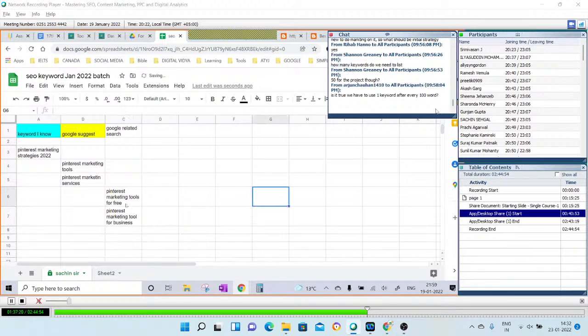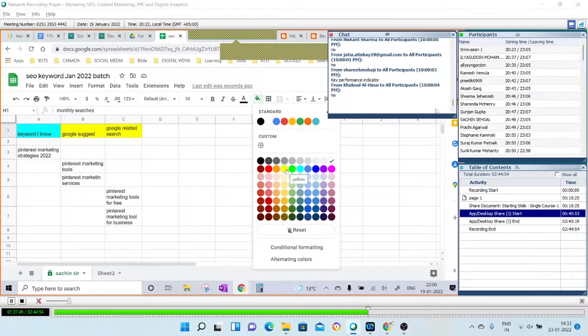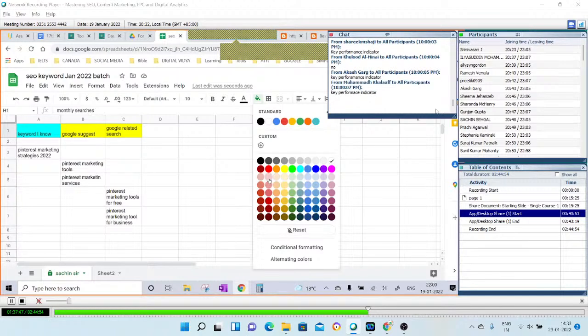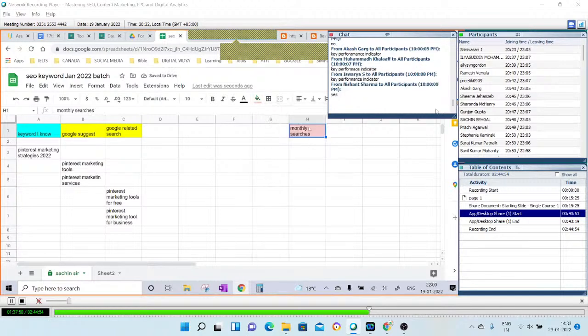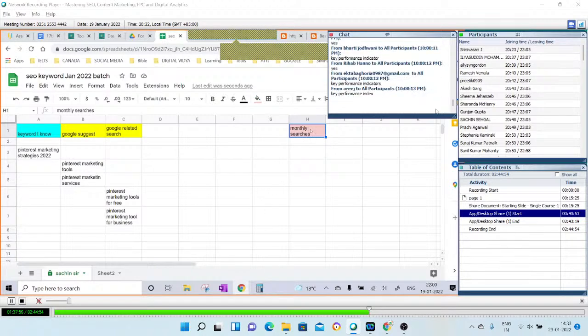I'll tell you the reason why I'm not putting everything one in front of each other. There is a reason. Suppose I reveal one of the very important KPIs. Everybody understands KPI. What is KPI? Anyone? Everybody understands metric? Yeah, it's key performance indicator. So you can understand it by the metrics, you see the numbers and all.